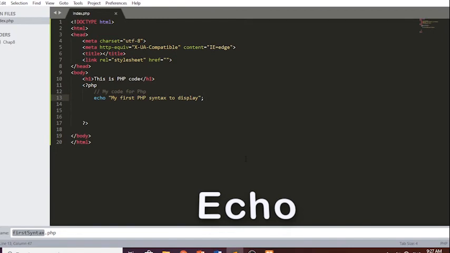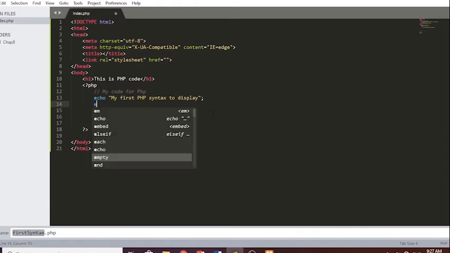Next, I'm going to show you how to use echo to print whatever that you want in your PHP. The first echo is something like this, my first PHP syntax to display. Next, let's say you want to create another echo where you want to display another text. So what you need to do is just type echo,